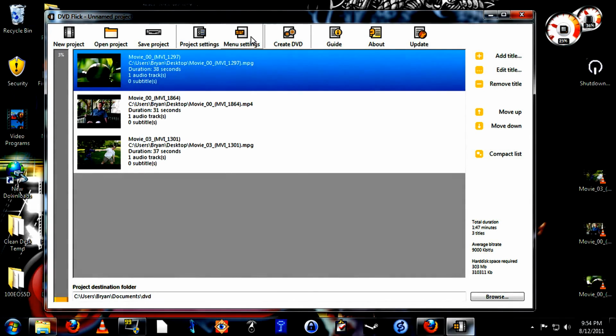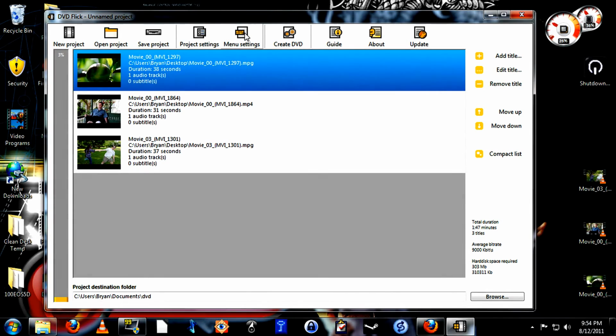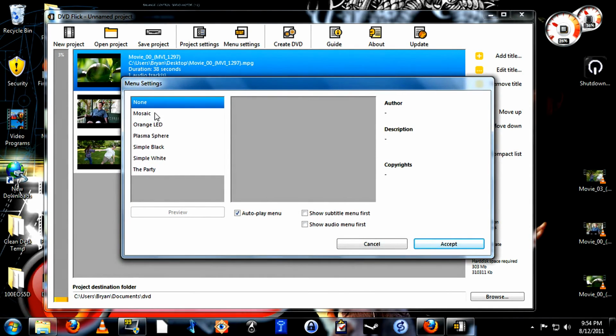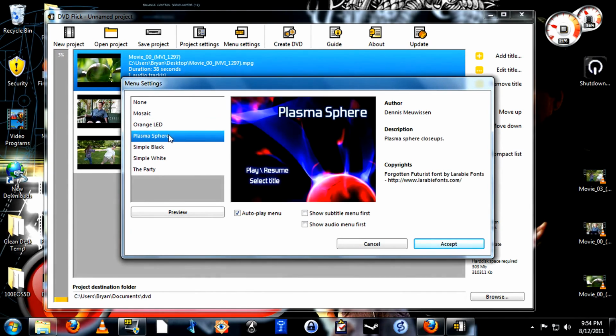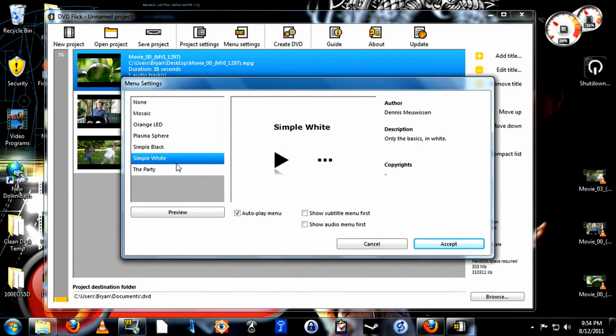Finally, if you want to add a menu to your disc, go up here to Menu Settings. Now there are only a few programmed in with the DVD flick here, but they aren't unattractive. You can just select the one that you like. Currently in the demo window, it's showing the title of the theme. However, when you actually create your disc, the title of your project will